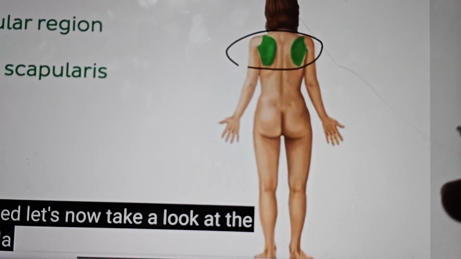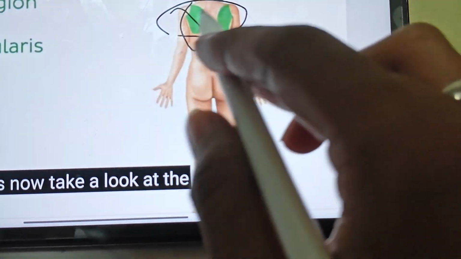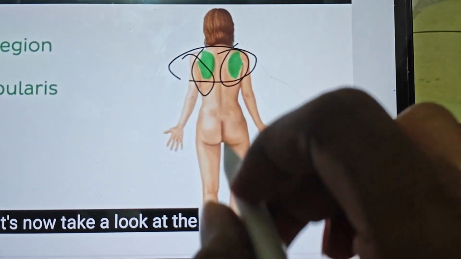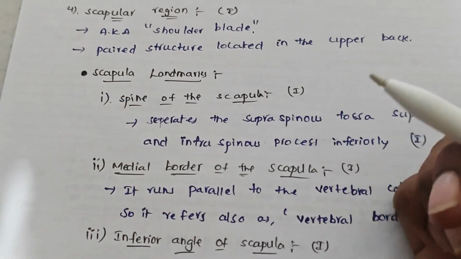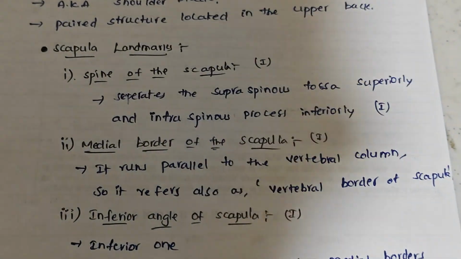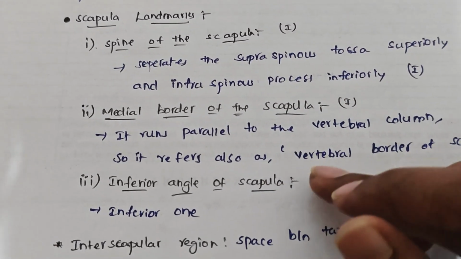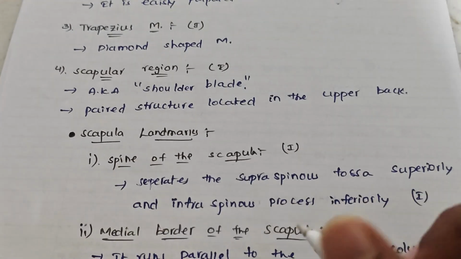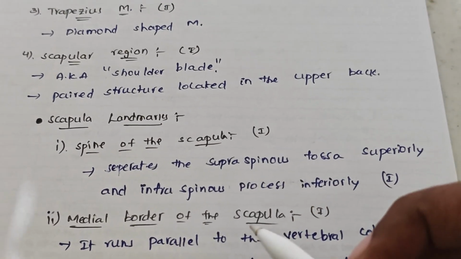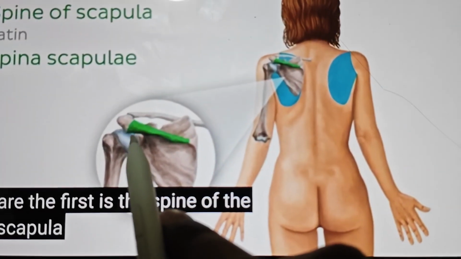Now the paired structure located in the upper back are nothing but these two scapulas. To discuss in detail about scapula, scapula has three important landmarks. Firstly, the spine of the scapula, medial border of the scapula, and inferior angle of the scapula, and also interscapular region. Firstly, for the spine of the scapula, you see right here, the highlighted one is the